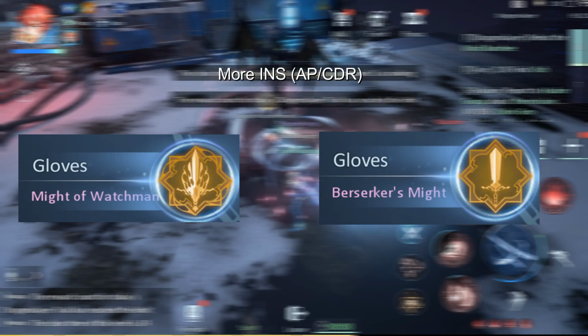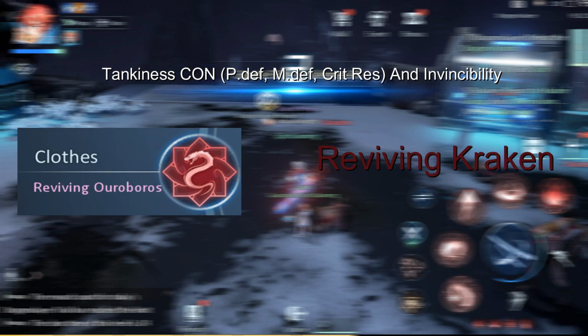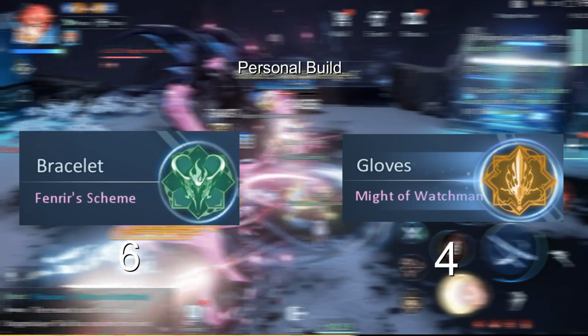And at the end, if you want more tankiness, you would want to get Reviving Ouroboros or Kraken, because again, it's dependent on level if you go Ouroboros or Kraken, since those are level 90 or level 100 sets. I personally try to go for 6 Fenrir String and 4 Valkyrie String, however luck is not on my side